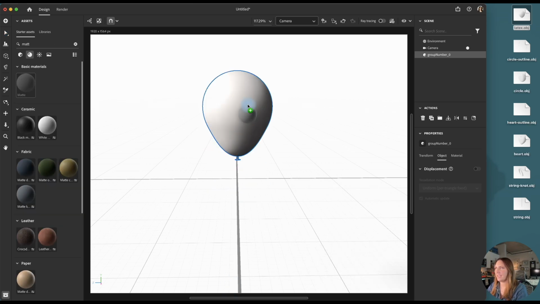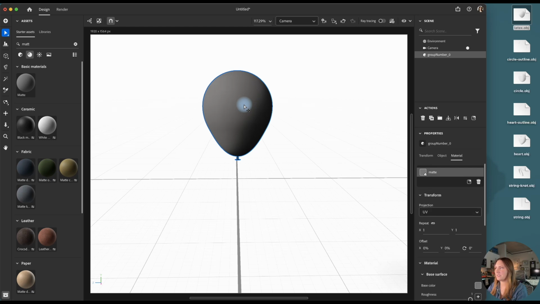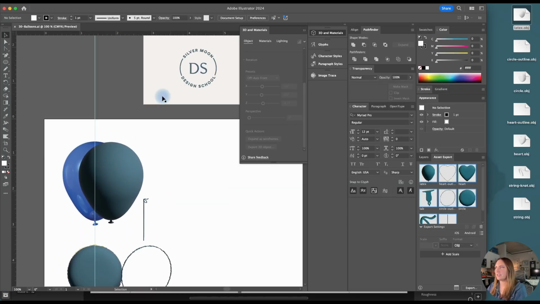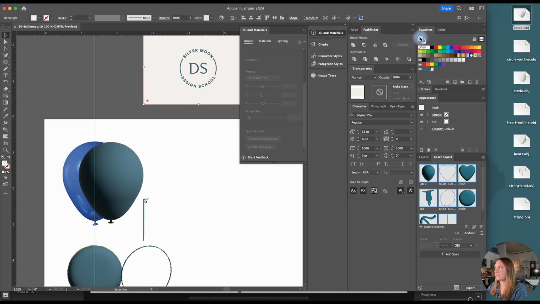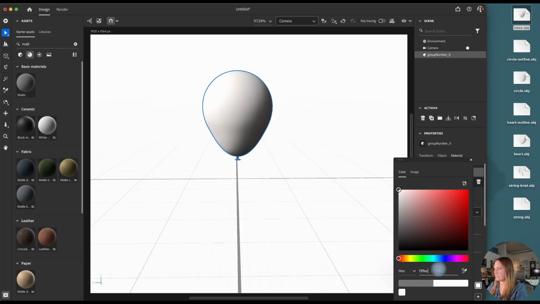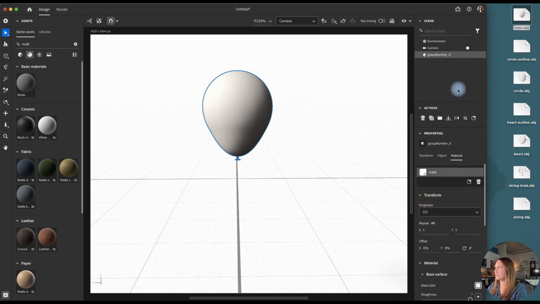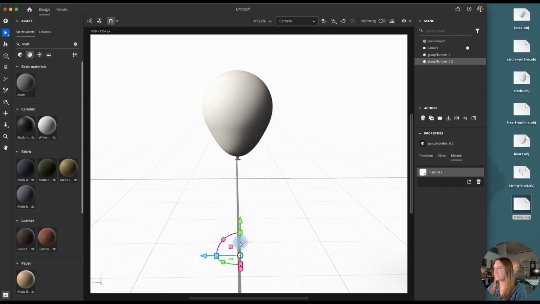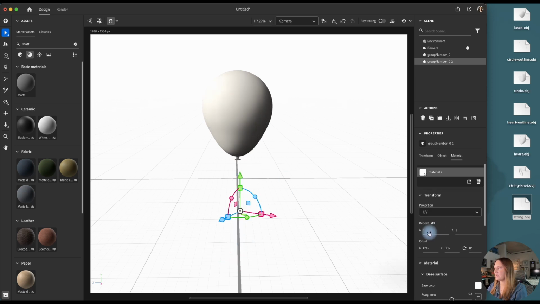So we're going to bring a matte material to our balloon. That's the closest we can get to latex. And then from Adobe Illustrator, I can grab my hex values. So I'll just paste my hex value in there, and now I've got this cream colored balloon to match my brand. I can also bring in the string, and it looks like it's going to be a little bit small,